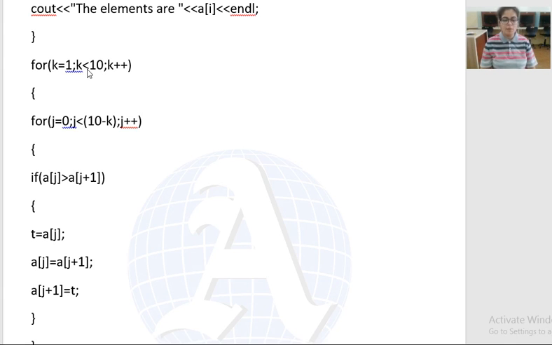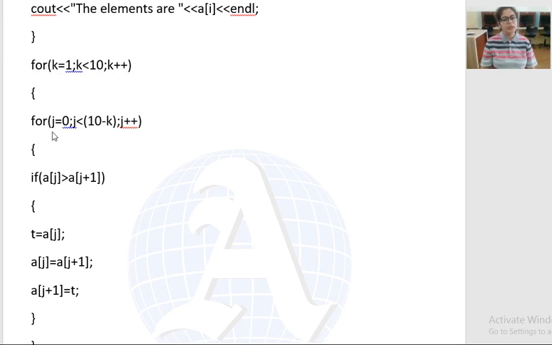If we have 10 numbers, we have to perform 9 passes: n minus 1, 10 minus 1, 9 passes. So that's why we have applied the condition k is less than 10. It means it will perform 9 passes. It will start from 1 and perform a total of 9 passes. Okay, so this is for the pass.